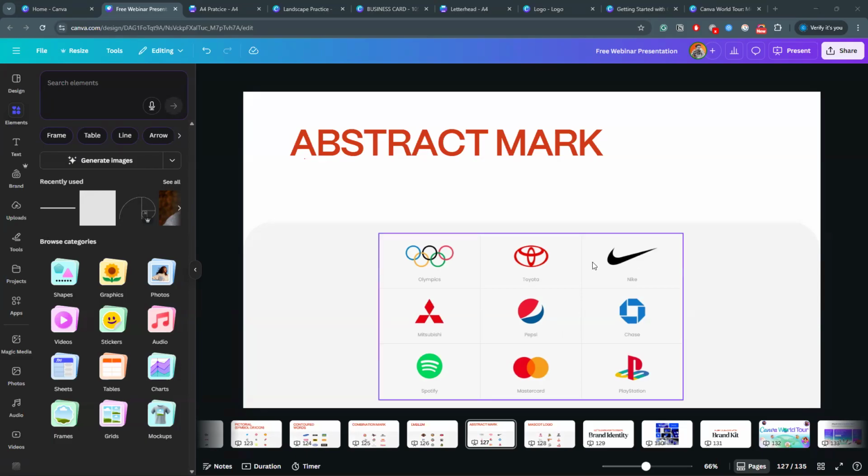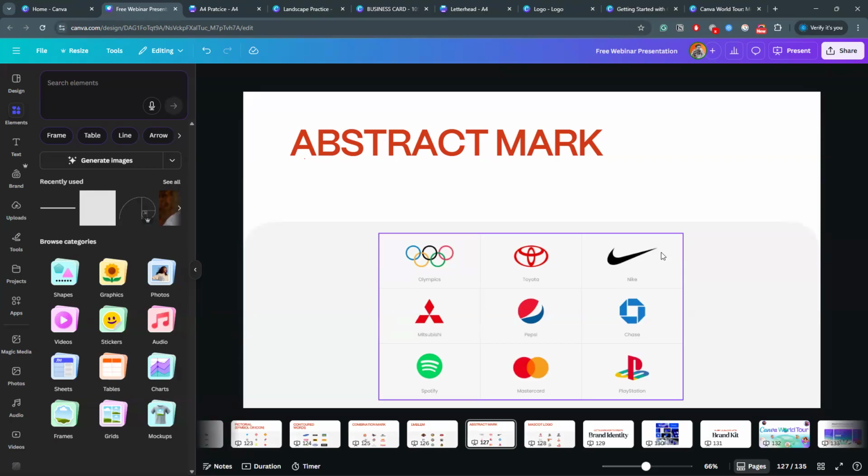If you consider the Nike logo, it doesn't represent anything. It's a footwear brand, but nothing here shows footwear or shoes, but it looks simple.